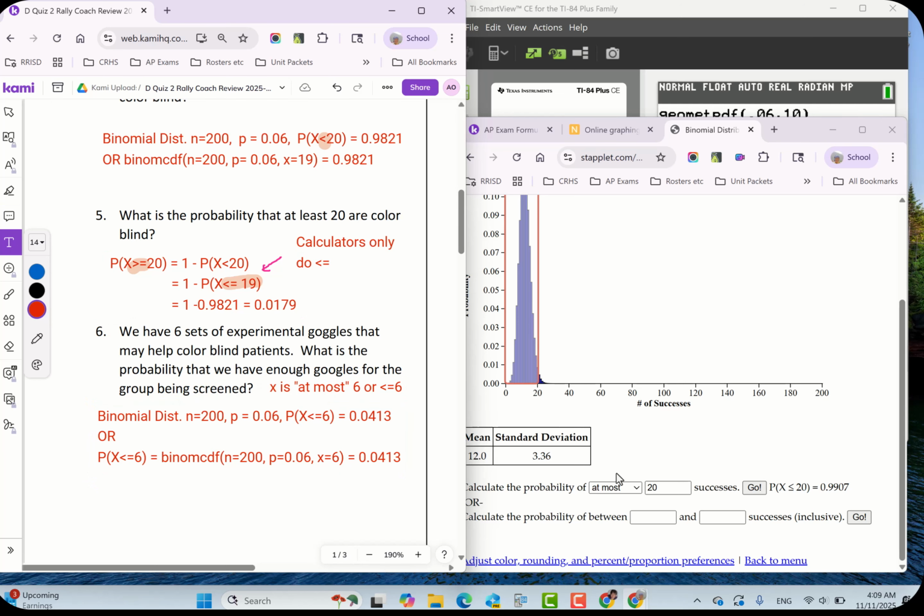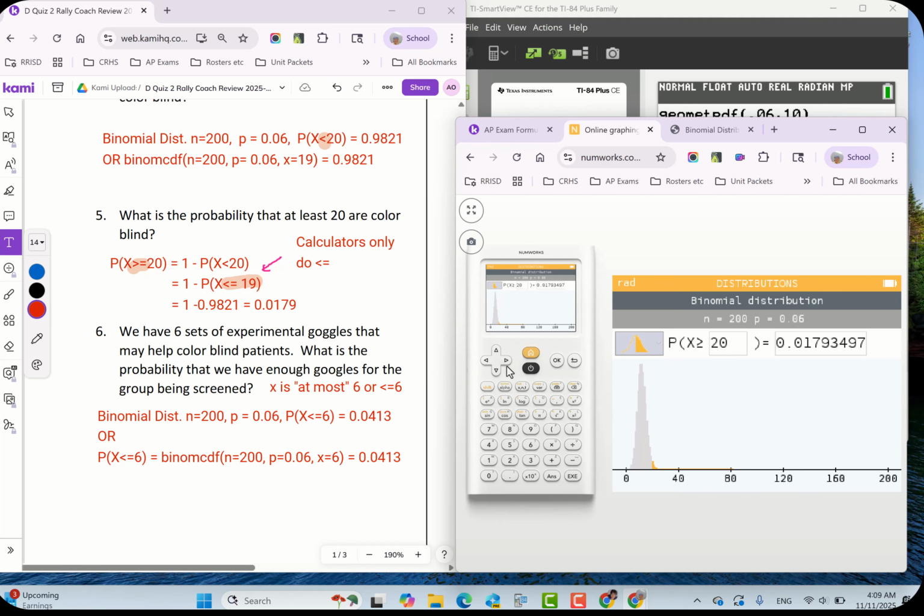So if I'm doing it over here, I can say at most 6. And you can see that I'm probably not going to have enough. There's only a 4% chance that I'm going to have enough. All right. If I go to the NumWorks, I'm already on at most. So I just change that to 6. Wait, let's make sure we're on the right side. At most. Make sure I'm at most, and then go to 6. There you go. Same answer,